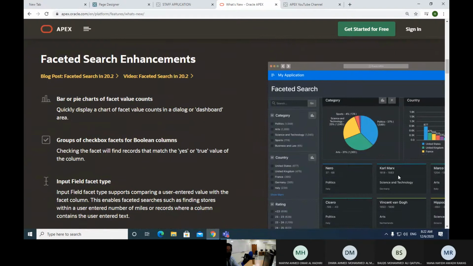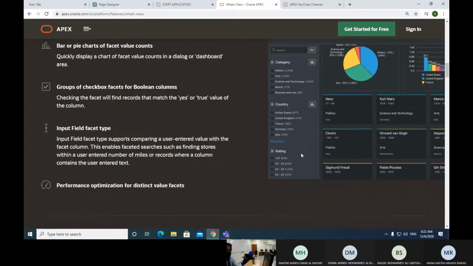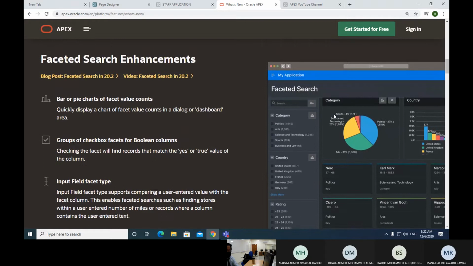When I first saw this in one of the presentations of Oracle Apex, this is a kind of search engine, but it enhances the way you show up your presentation, I mean your data, in different presentations. So look at this. So this is an example. Faceted search enhancement, meaning to say you have a lot of capability of searching by key, and you can categorize them as you are working with your cards. And whenever you are